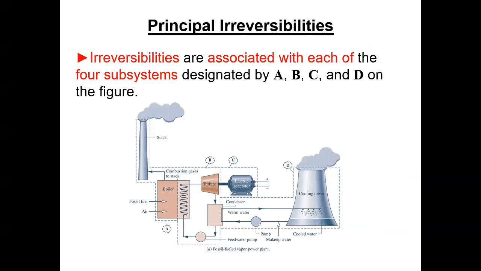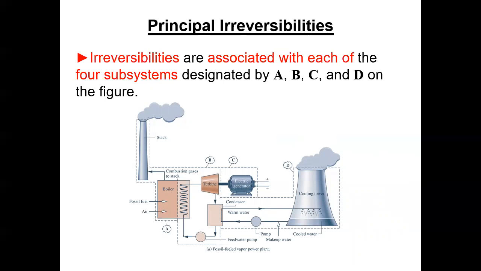Okay. I think this is where we wound up before. I don't know how much of a review session we've had here, but that's okay. It's all good. These were the breakdown on the subsystems by your author. The heat generation subsystem and stack is A. The Rankine cycle is B, because we've got our steam generation in that heat exchanger, with the heat coming from the boiler. We've got the turbine, the condenser and the pump. And then C is the generator. And then D is the environmental side, where we suck the heat out of the condenser and discharge it to the atmosphere